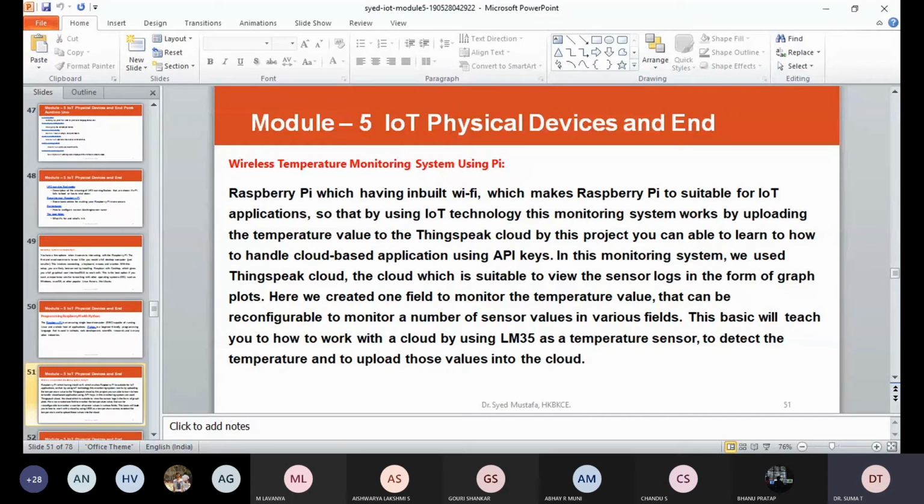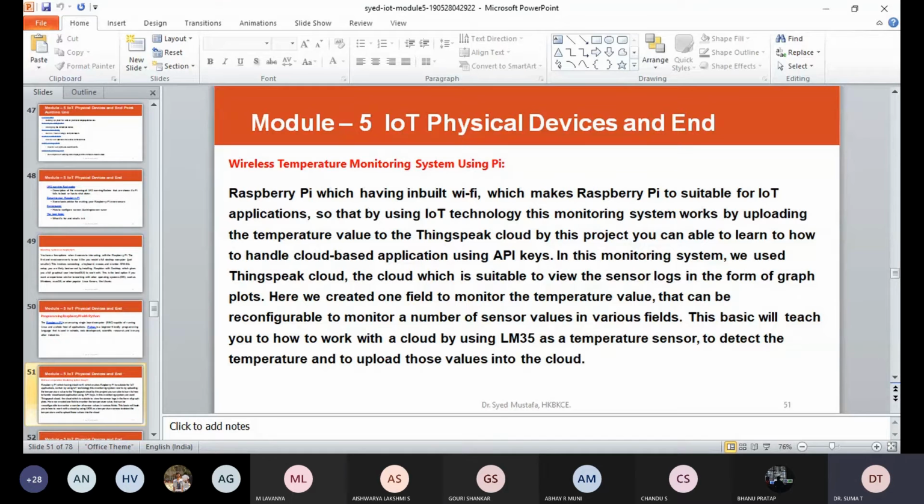By this project, you can learn how to handle cloud-based applications using API keys. So in this monitoring system, we use the ThingSpeak cloud, the cloud which is suitable for sensor logs to form graph plots. So it will be very easy to plot the graphs using this